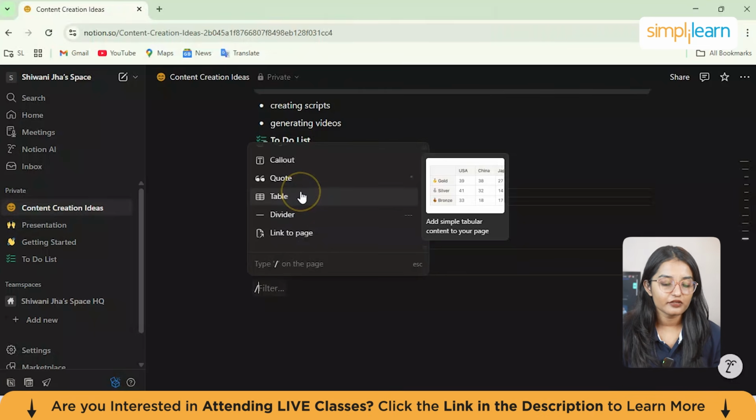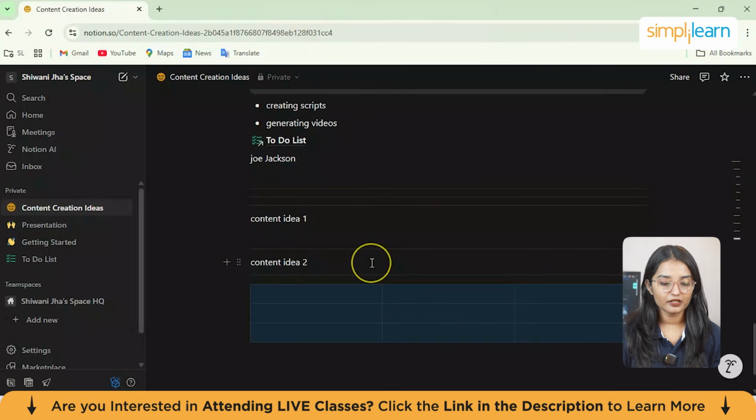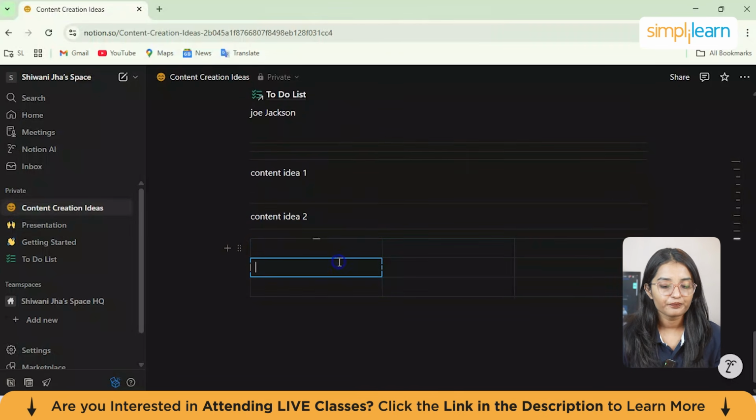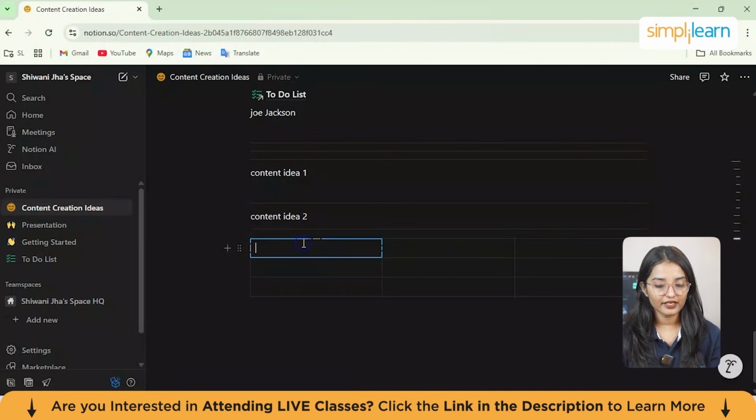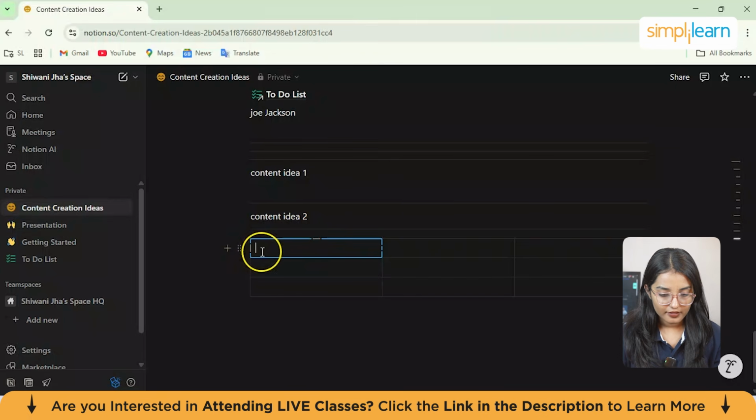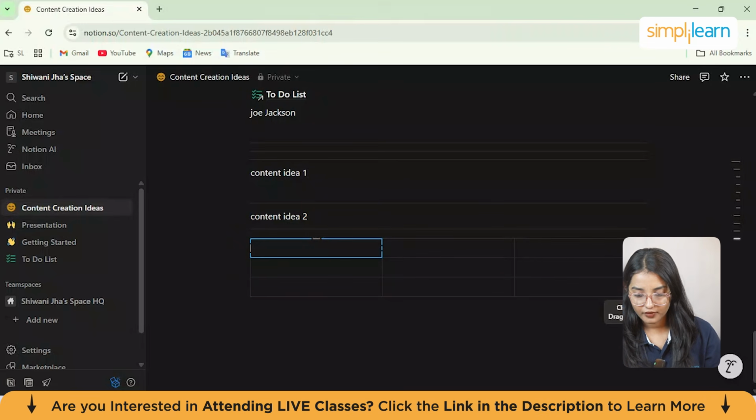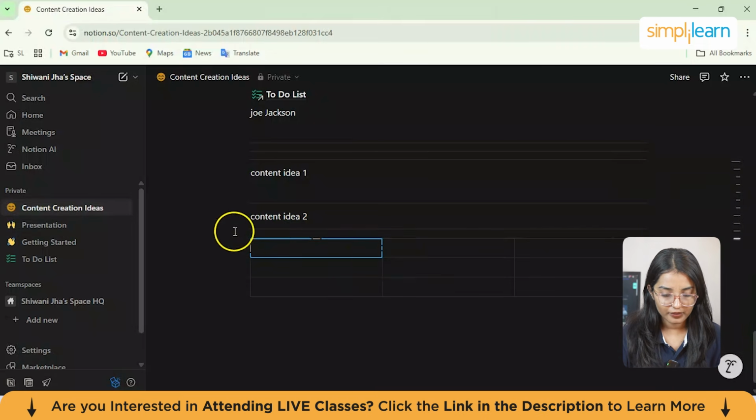So now let's see how you can use a table in your pages. The table is one more important step for you to perform, because you would obviously need to create tables in your pages. And this is how you do it. So you can just keep any name here. You can just drag and move this table as well. And if you want to add more columns or rows, you can also click on the plus icon, and then you can add more from here.